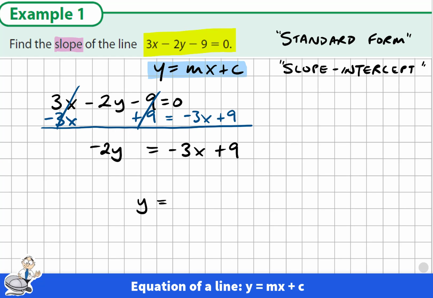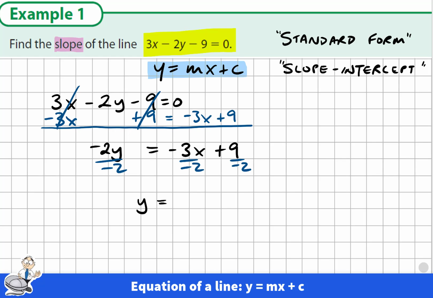Now, I don't want negative 2y. I just want y. What could I do to both sides of the equation so it's not negative 2y? Add 2. If I do that, I'd have negative 2y plus 2. I just want 1y. Sorry? Divide by negative 2. That's the right answer. I divide by negative 2. So if I divide everything here by negative 2,